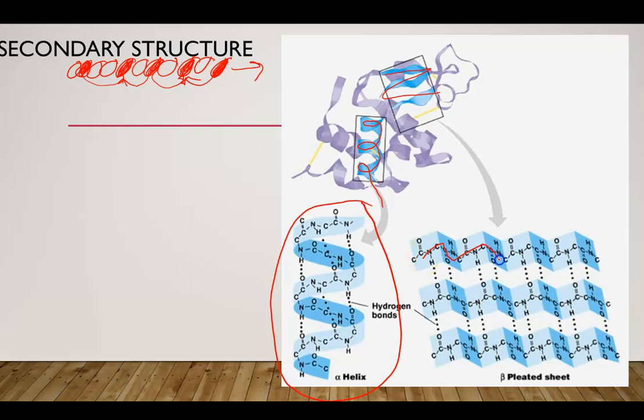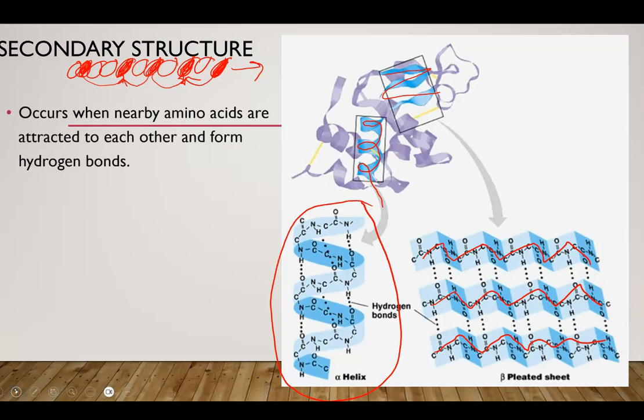It's almost like if you think of a paper fan, how it goes up and down and it has all these ridges. We see that a lot with proteins, is those attractions and repulsions make this, it's called a pleated sheet. Okay, think about a paper fan, that's probably a really good analogy. So what this all means